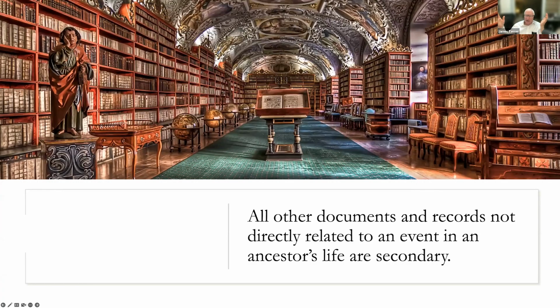And this means that everything else is secondary. All the other records about people are secondary records. If I find a letter written by my ancestor, in his or her handwriting, and it tells what they did at a certain event, that their baby was born or their son or daughter got married or whatever, obviously those are what we call primary or original documents. If I come on a letter that says, well, Uncle Tom told me that they got married on the 2nd of May and they had their first child the following year. Well, okay,